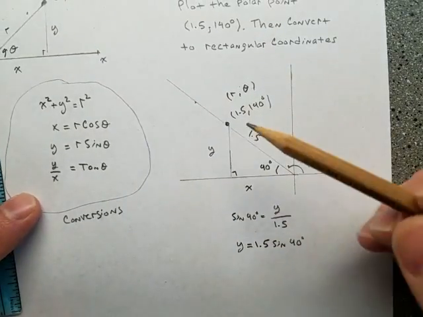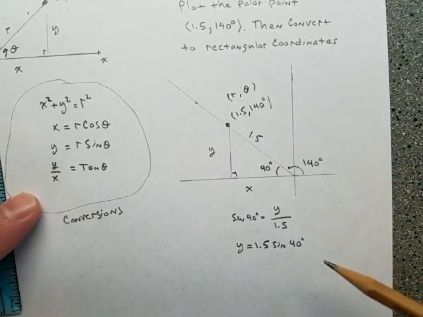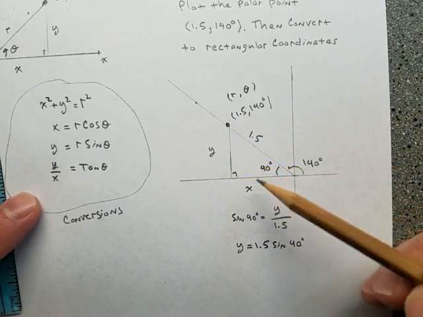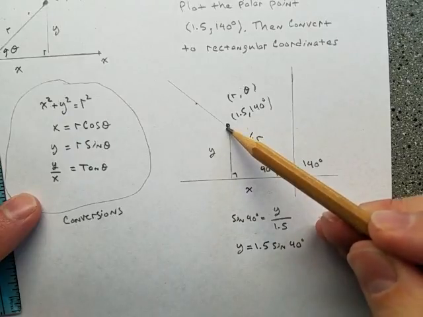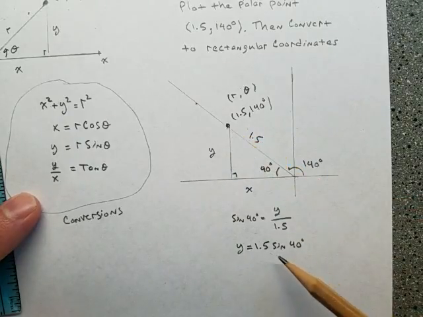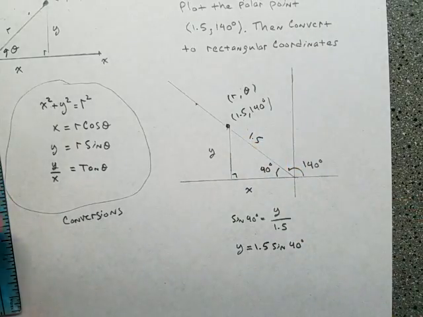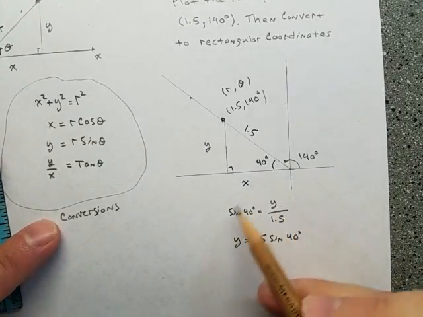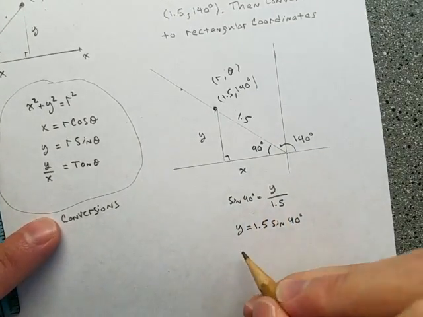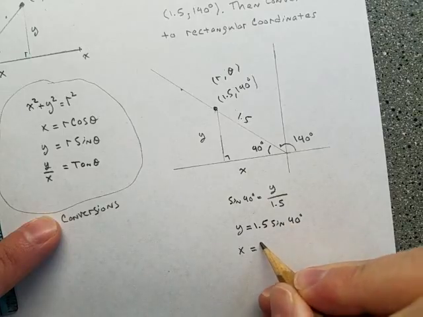What's that number? Well, that's how far up you go to get there. How far left you go? Well, I haven't done that yet, but how far up you go to get there, right here, that's whatever 1.5 sine 40 is. If you do something like this with cosine for the x, you'll get x is equal to